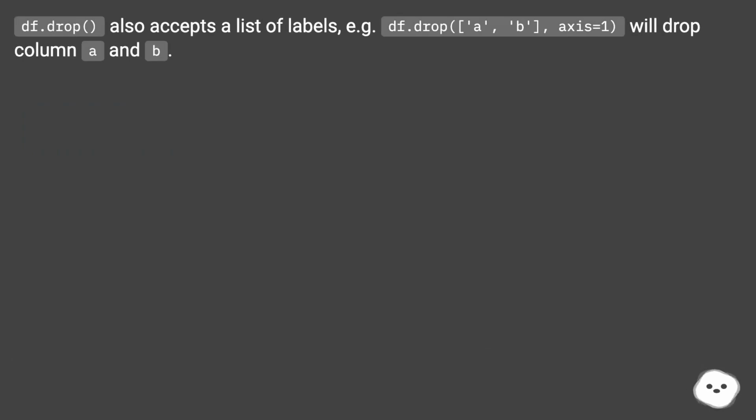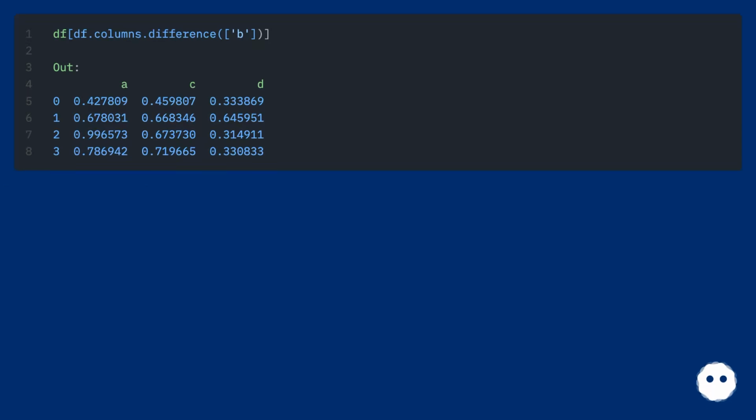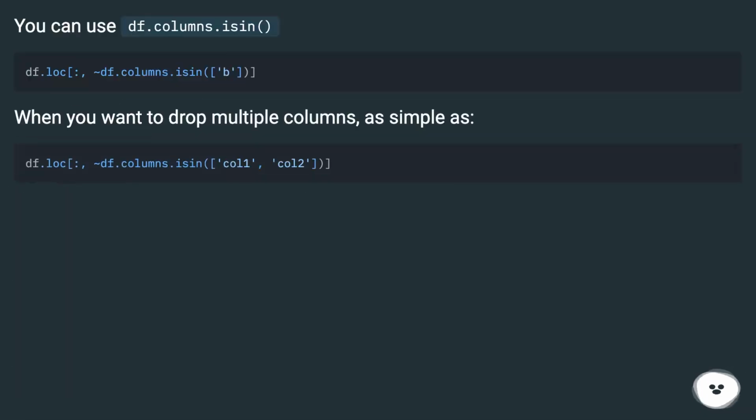df.drop also accepts a list of labels, e.g. df.drop(['A', 'B'], axis=1) will drop columns A and B. You can use df.columns.isin when you want to drop multiple columns, as simple as